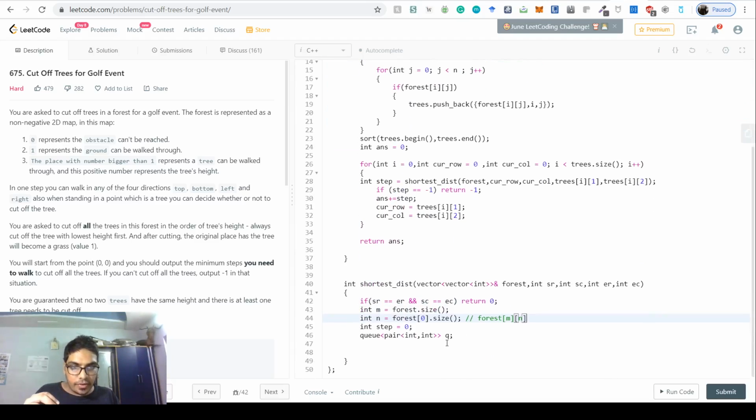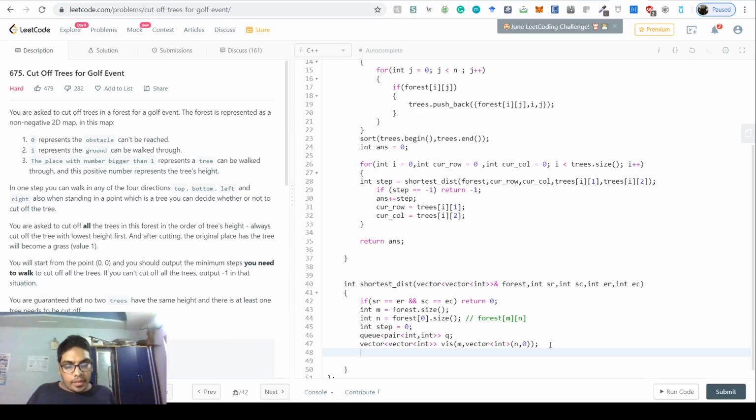Now we also need to have this visited. The visited is nothing but a vector of vector of int, of size m of vector of int of size n, initialized with 0, right? So this is the vector visited.